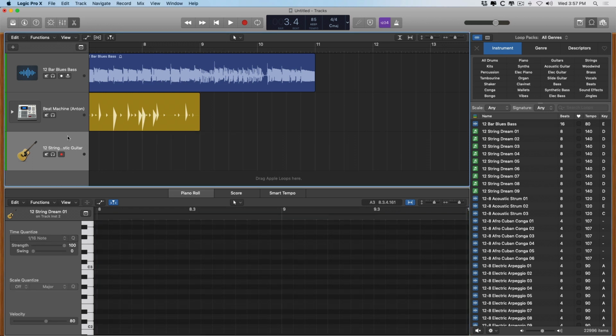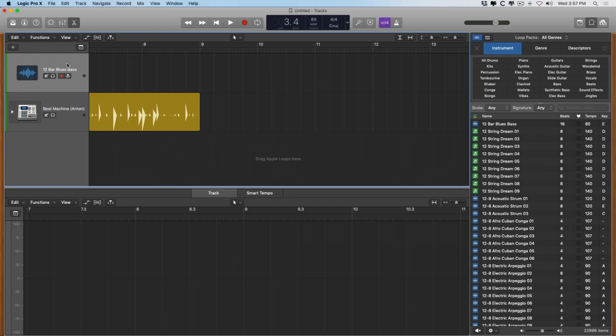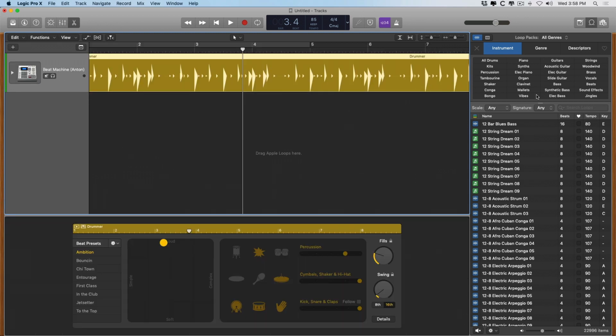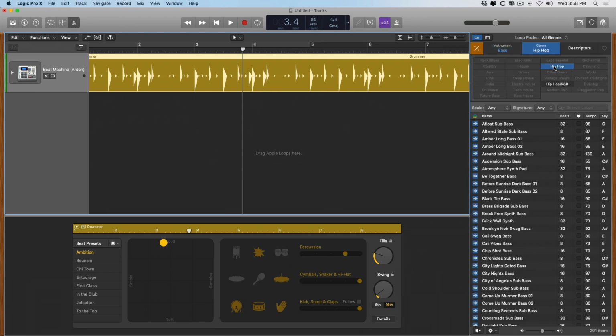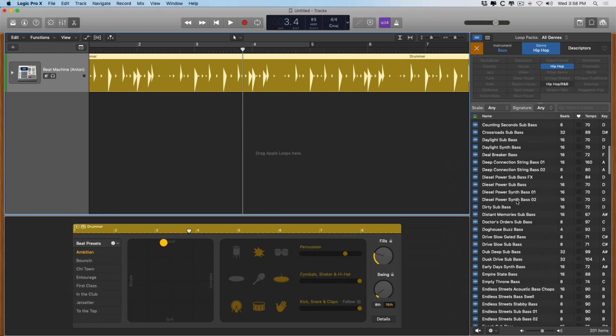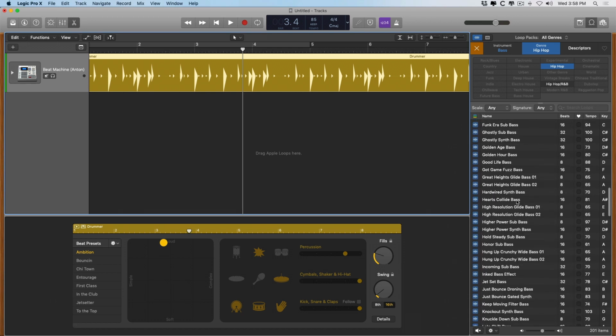So let me get rid of some of this stuff here. And there's a particular bass sound I have in mind. So let's go over here. Let's select bass from our different available sounds. And then from genre, I'm going to pick hip hop. And let's take a look here. I think I'm going to choose Jet Set Bass here. So if I click on it,